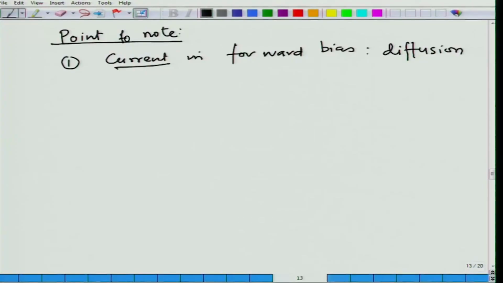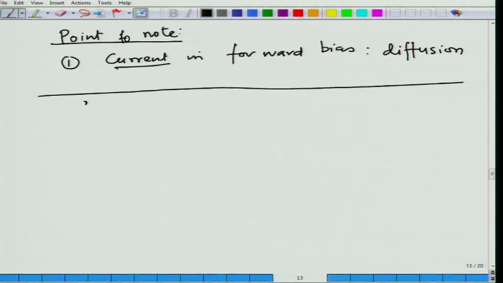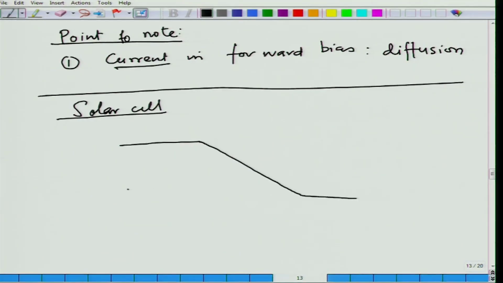Now, what we will see is how this equation will get changed when I apply a different type of situation. So, if I have a solar cell, that is when you do not apply a voltage and you collect the open circuit voltage. In case of a solar cell, looking at the same situation, a solar cell in equilibrium,